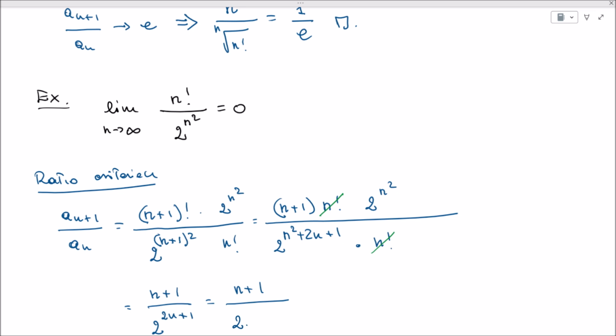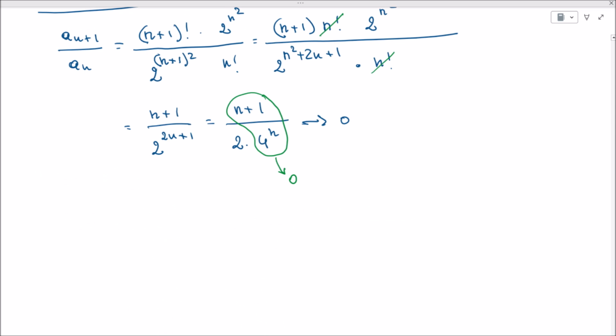But we know that this part is of course something that will tend to 0, because we know that the exponential is more powerful than any power, and therefore we can conclude that this limit, an plus 1 divided by an, tends to 0. And now, because an plus 1 divided by an tends to 0, which is less than 1,